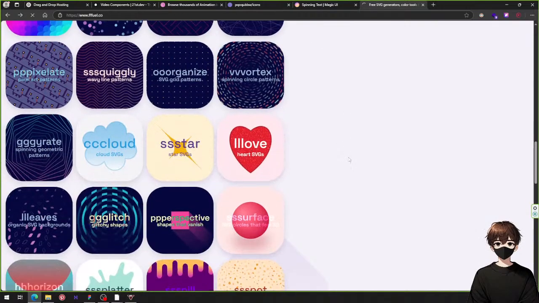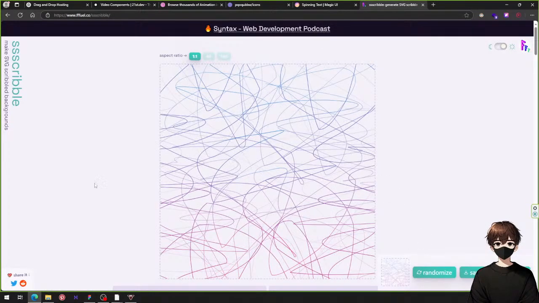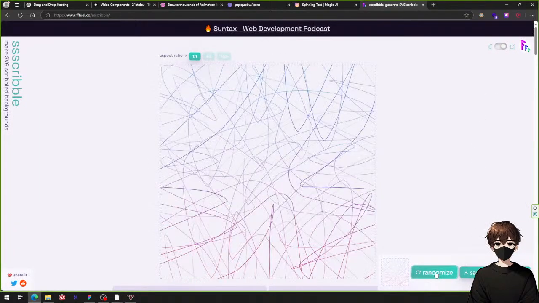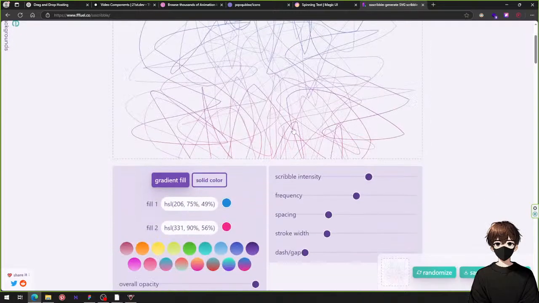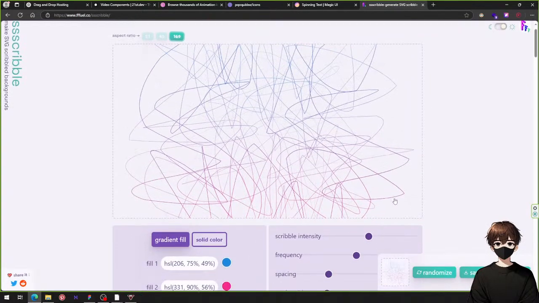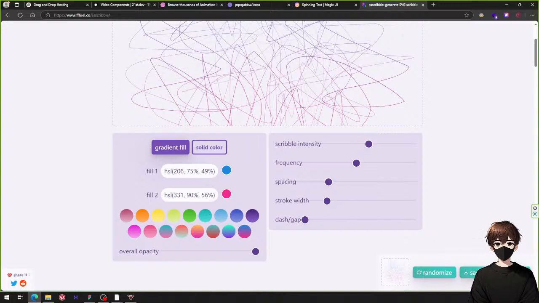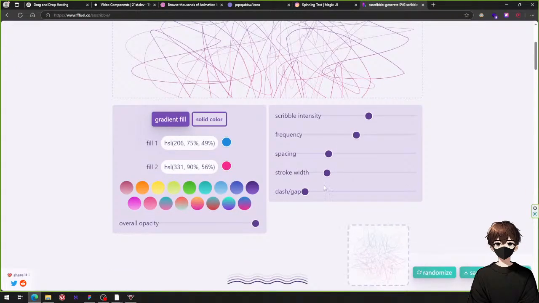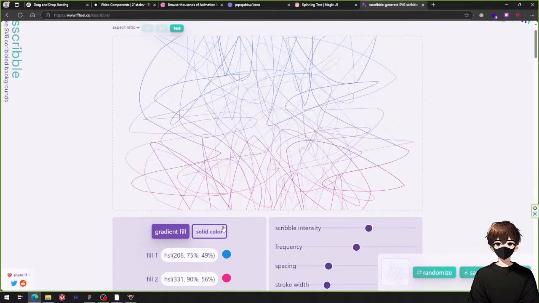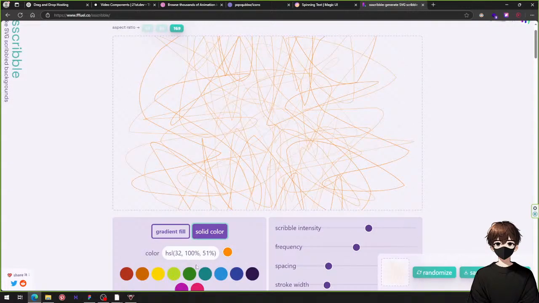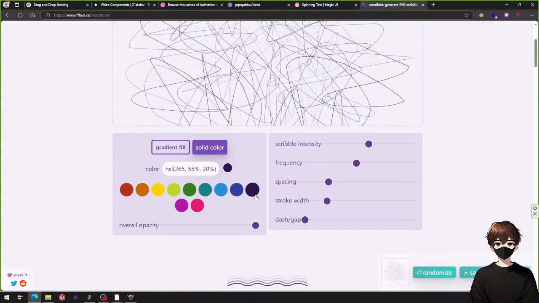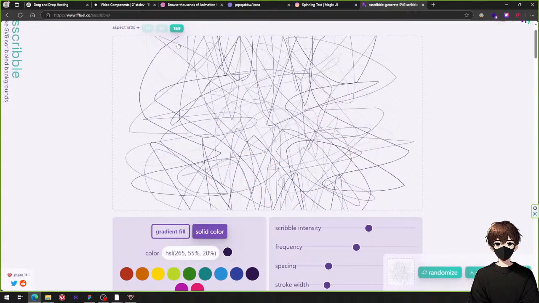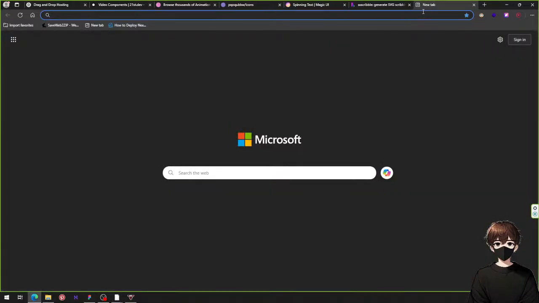So if I do this, click, come on now. Okay, where's the menu? Oh, okay. Randomize, okay. 16:9. But can I, okay, so let's assume I copy the SVG. Let's choose a color like this one, and copy SVG. And we're gonna ask ChatGPT